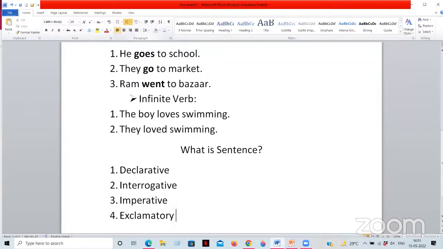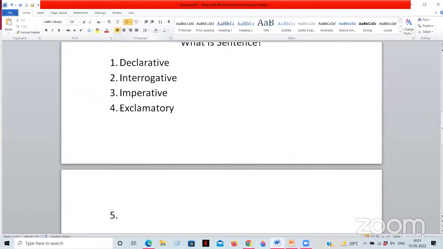So we have five types of sentences. The last one is optative. We have five types of sentences in general, but based on other functions, we have three types of sentences. One is simple sentence, one is complex sentence, and compound sentence. We will talk about that later, but first let's talk about a sentence or a statement in general. What is a statement? We express something in a very common way, in a very general way, about anything. It could be sadness, it could be your happiness, it could be about a particular thing.